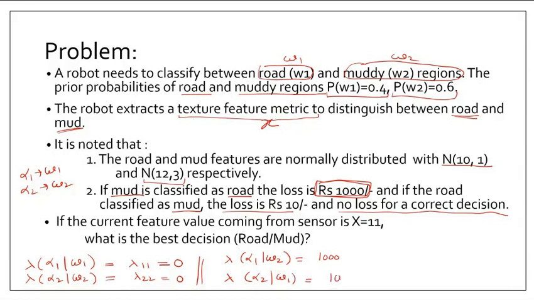So it is costing me 10 rupees loss because of this wrong choice. Now what I have to do is take a decision based on these losses and the given probabilities such that risk is minimized. Okay, so this is my problem. I hope you understood this problem. So we will continue with this problem